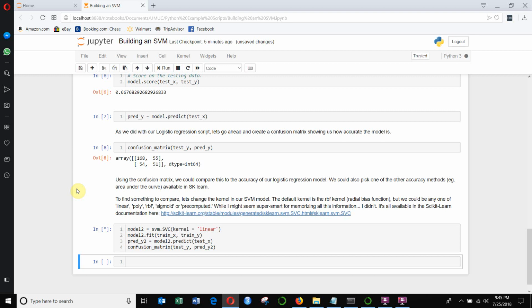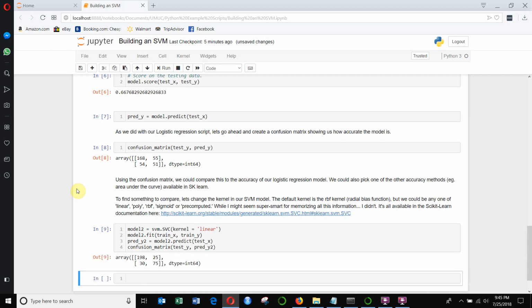using the RBF kernel, which is the default, that's what we used before, we can use any of several different kernels. We can use a linear kernel, the poly, sigmoid, precomputed, all this other stuff, and you can find out what you can use. Actually, you can find out all of the parameters that you can use in the sklearn documentation, and I went ahead and put a link to that in the script, so that if you have any questions, you can go there, look at how this svm.SVC function works, and then get a sense of why we're